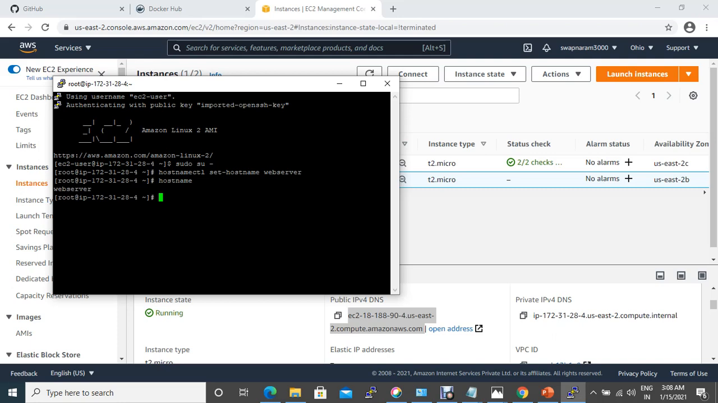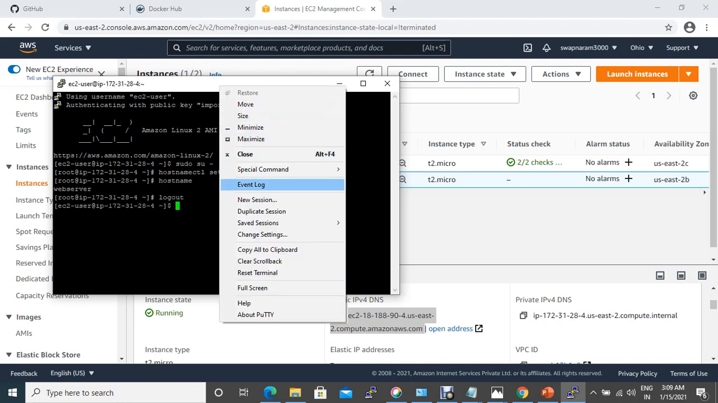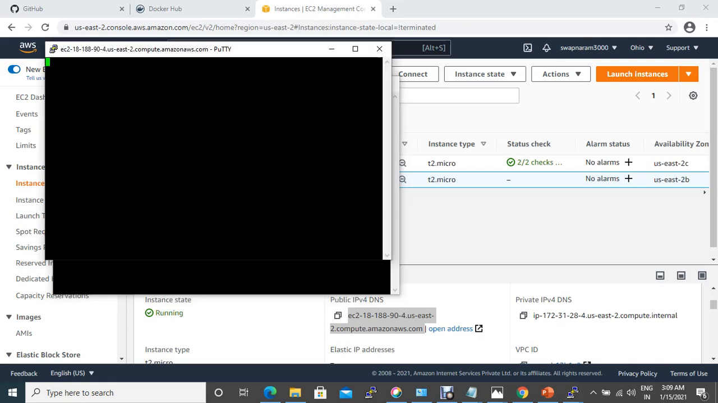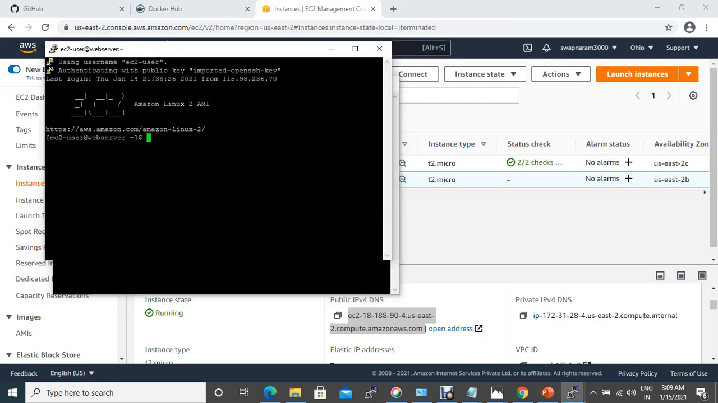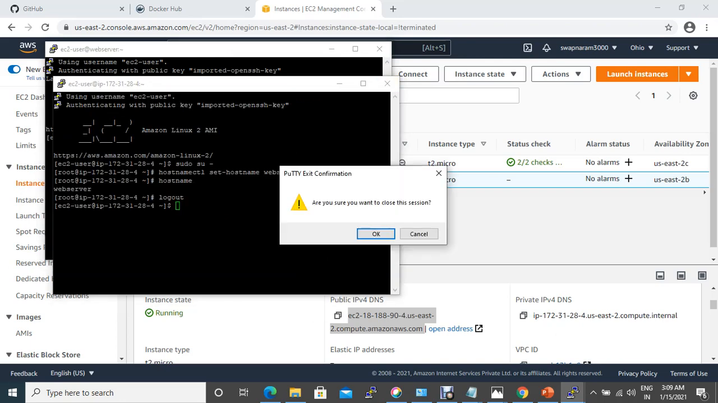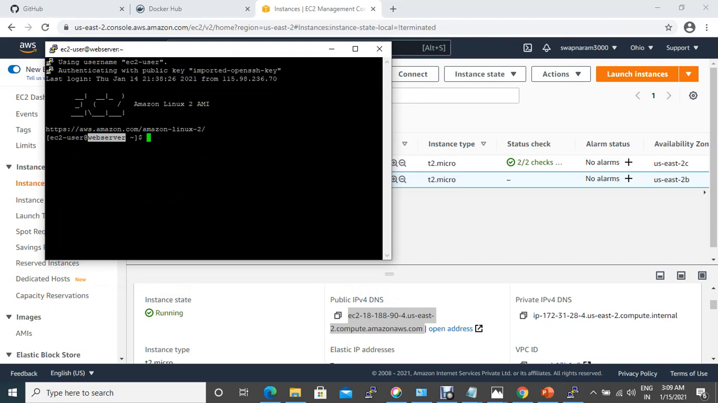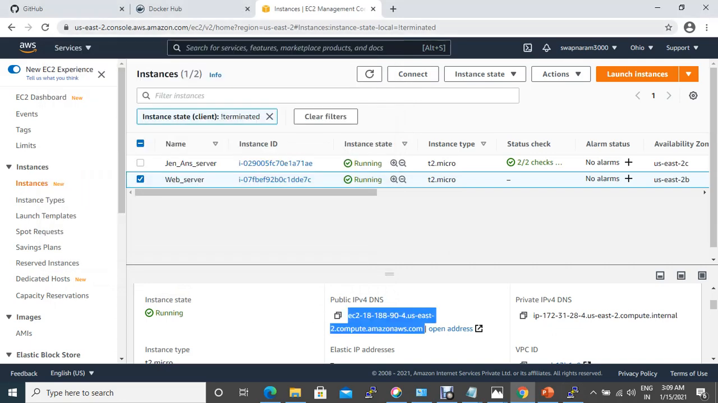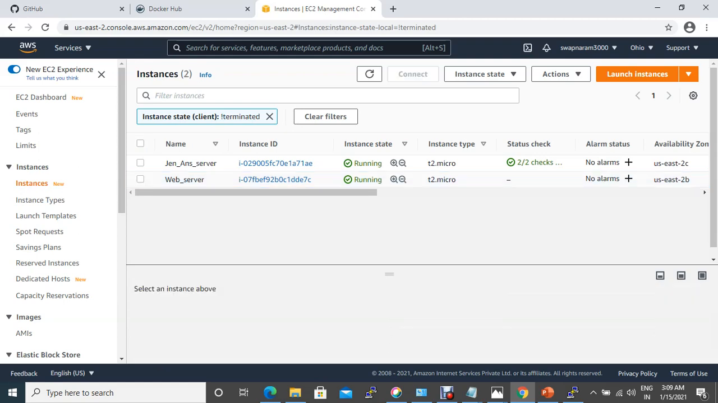Let me just make a duplicate session and see if it really changed. And I see the name is changed to web server. Let's close the other one. Okay, then let me go to the other server, grab the Jenkins IP address,